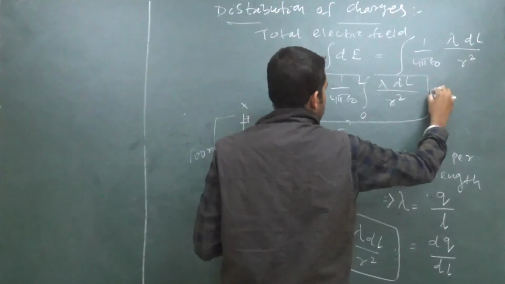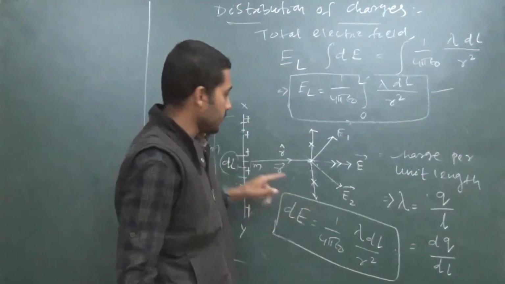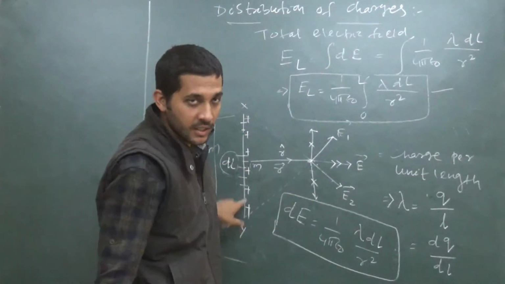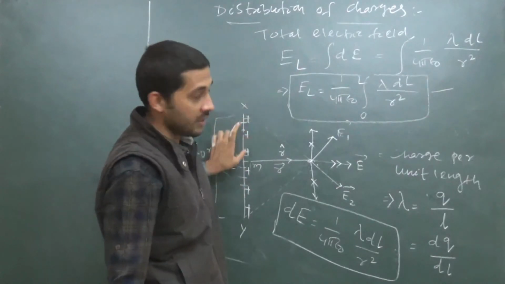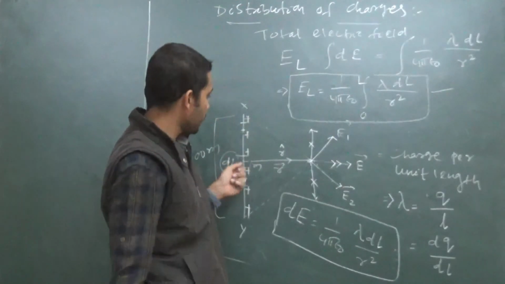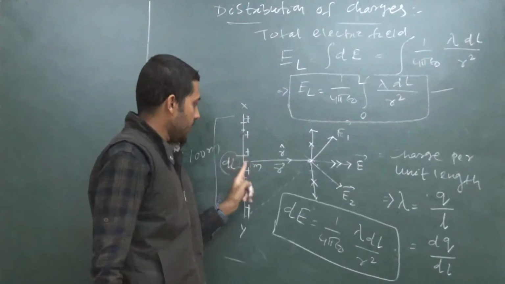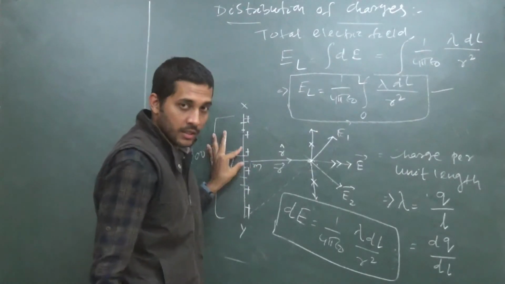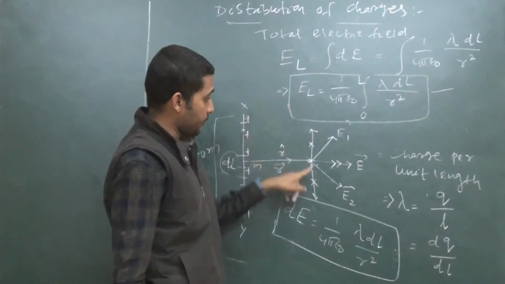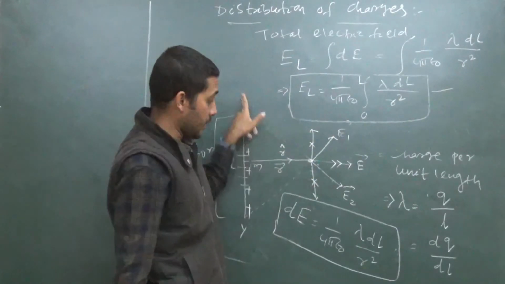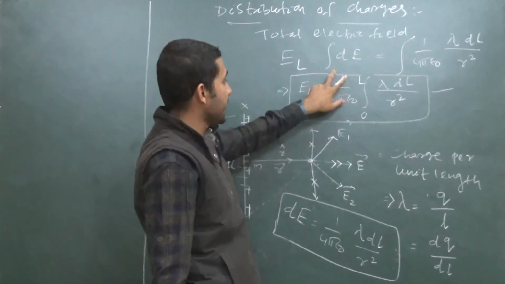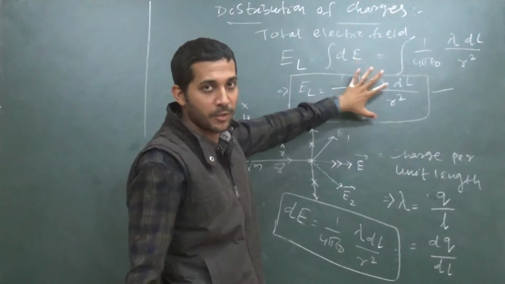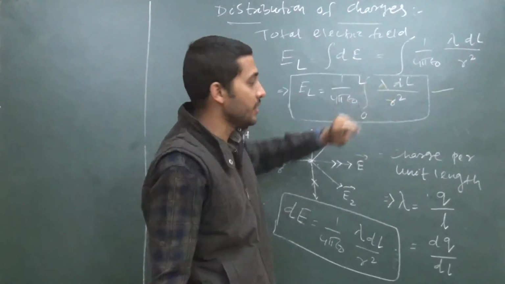This is the condition when we talk about not a point charge but a whole extended one-dimensional line charge. Always remember this. When these kinds of conditions come, every time you need to take a small element, calculate its effect on this point, then calculate the effect of the whole structure by doing the integration or taking the proper limit. So this is the formula for the line charge distribution or linear distribution.